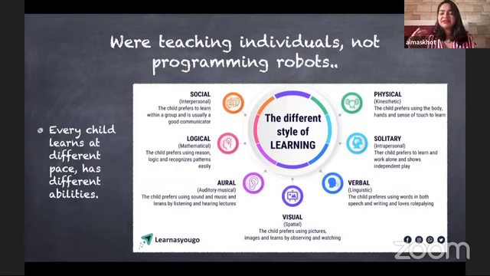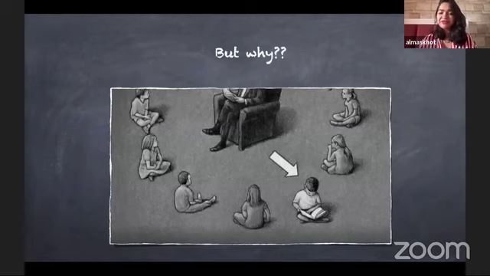So as teachers, I think this is something that we really need to put into our lesson planning, and have that as a part of that. If I want to have differentiation as a learning pedagogy, I cannot imply differentiation as an instruction if I don't understand my learner profile. And once I've understood, I'm going to go back to this picture. Once I've understood that these are individuals that learn differently,